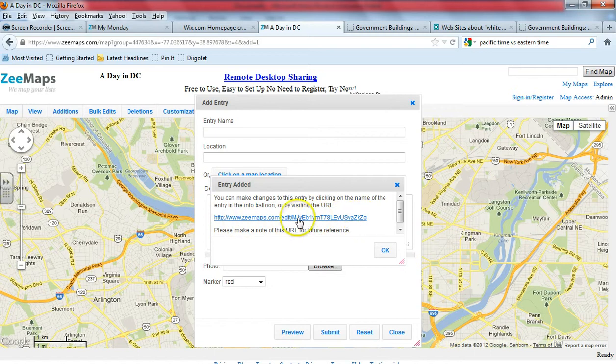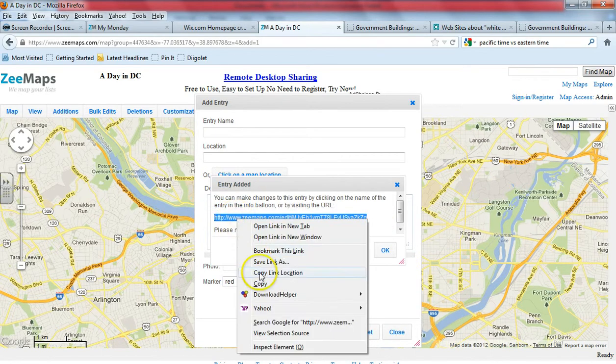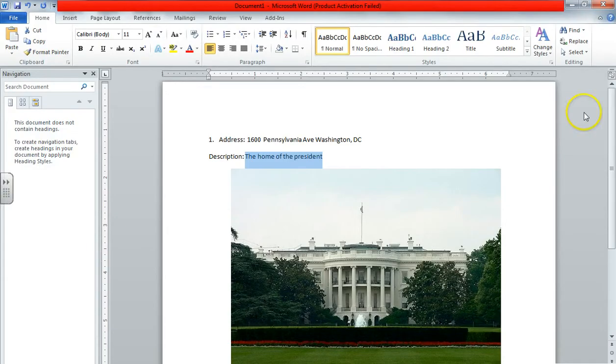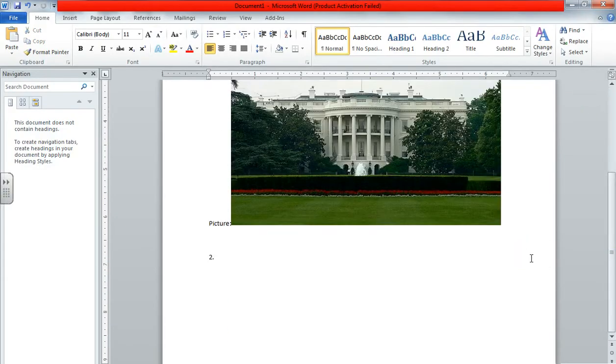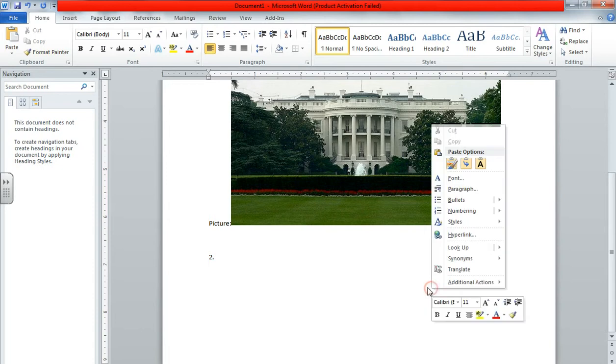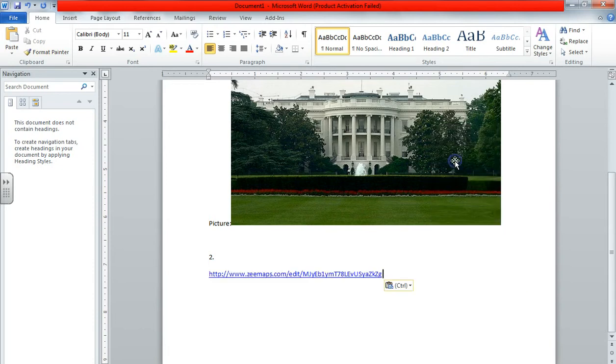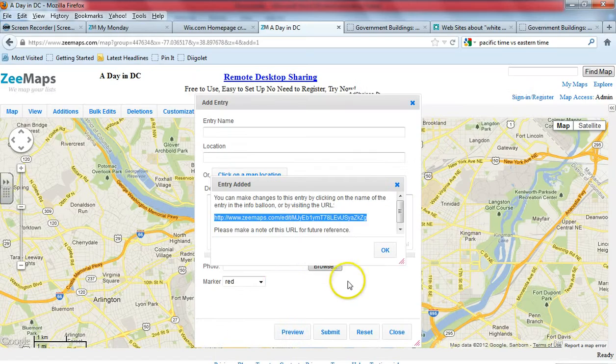It gives you the address right here of your map. Now it's important, since we're not signing into ZeeMaps, that you copy and paste this address into your Word document. So when you see this, highlight it, just the address, right click and copy, go back to your Word document. At the bottom of your Word document, right click and paste, and put in the actual link to your map, so you can go back to this in the future and edit it if you need to. So I'm going to come back here, I'm going to click OK,